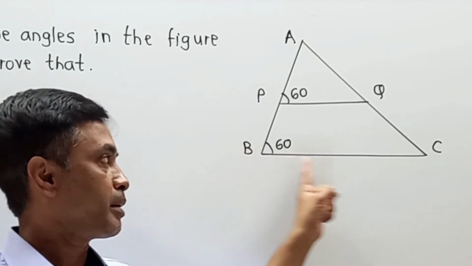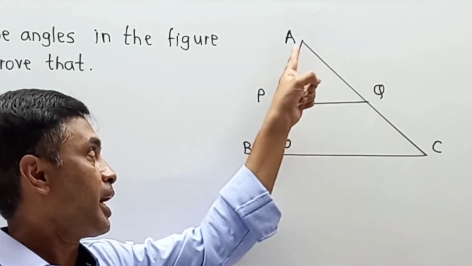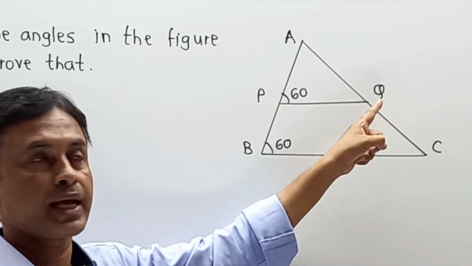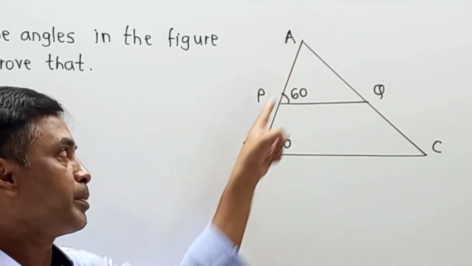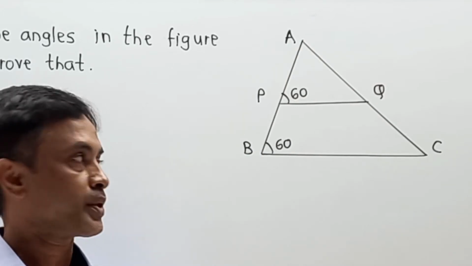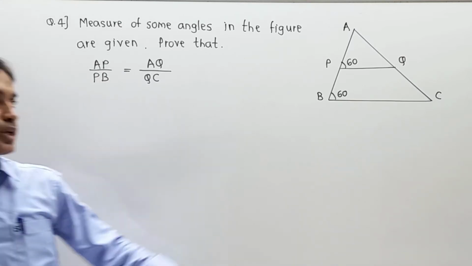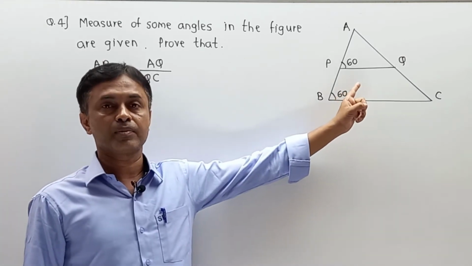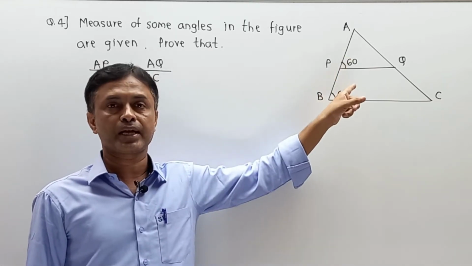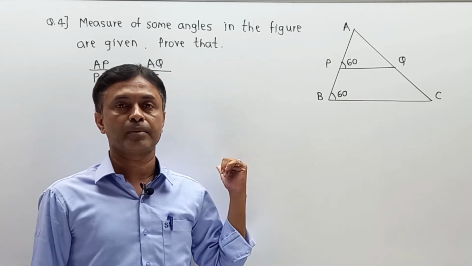Naturally, a line parallel to one side of a triangle divides the other two sides in two distinct points, P and Q. So we can say that AP upon PB is equal to AQ upon QC by the basic proportionality theorem. Now, whatever part we have discussed, we are going to write over here one by one. Student, first of all, draw this rough diagram and then observe all the parts. Every time, whatever part of a diagram I explain, first draw it with a simple pencil and then observe the writing part.